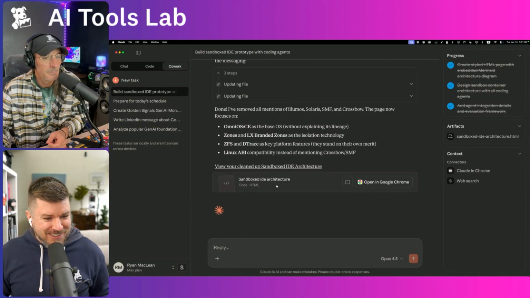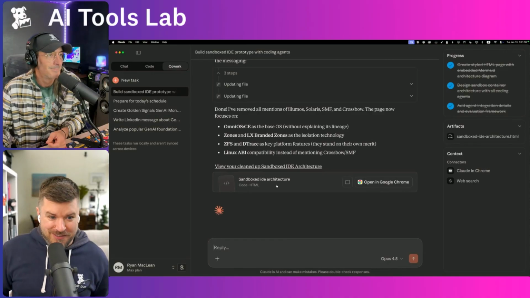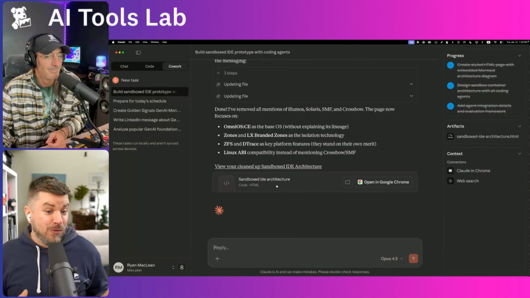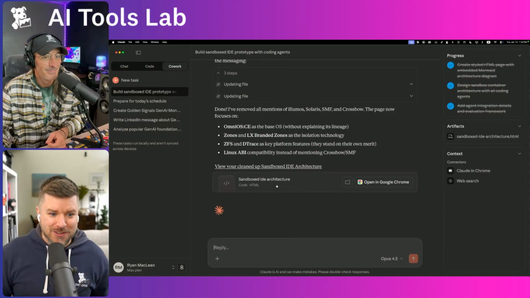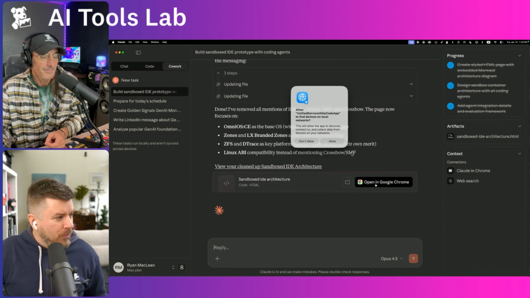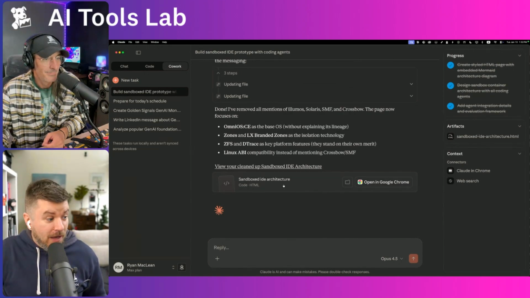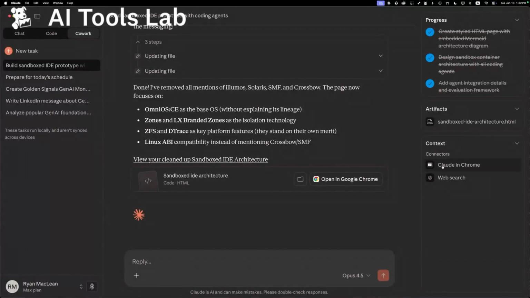And as far as I can tell, Claude Code was actually used to vibe code this tool. So it's something that was built entirely from LLMs. There might be some rough edges because it's early days. Regardless, one of the things you can do here is open in Google Chrome. I will not do that, but what I could do is actually just open this in the tab, which I'll do now. Now, on the right-hand side, you can see that it's got Claude and Chrome turned on,